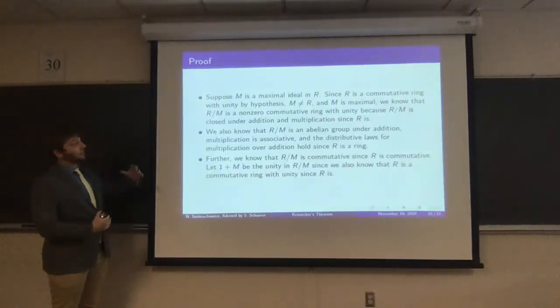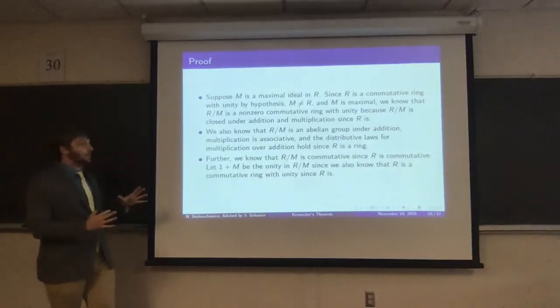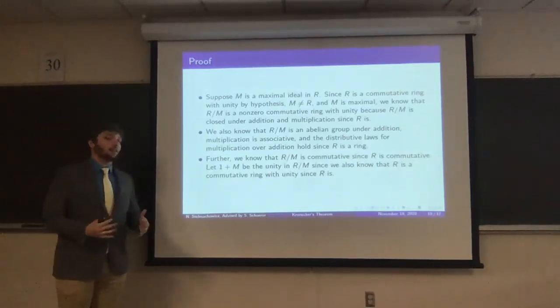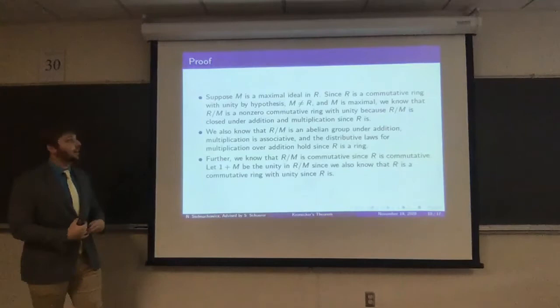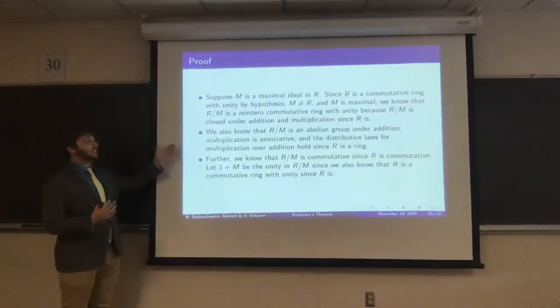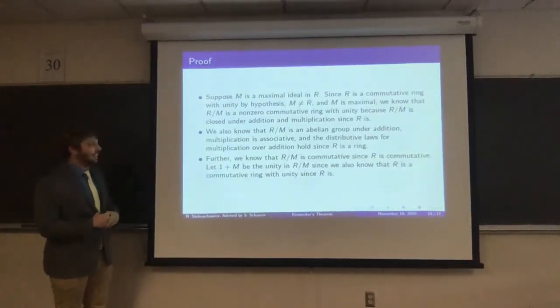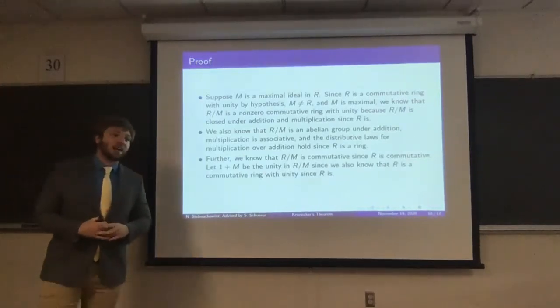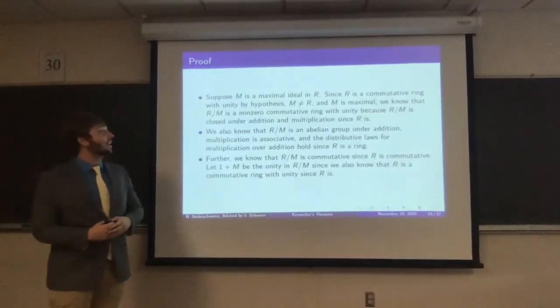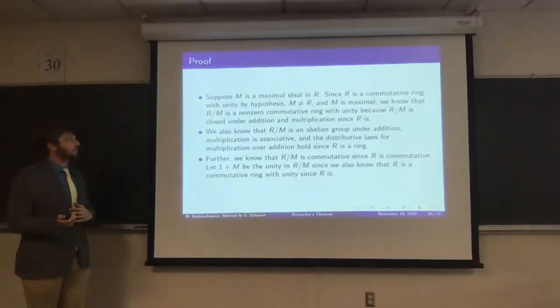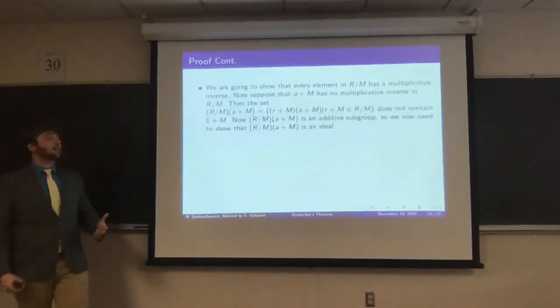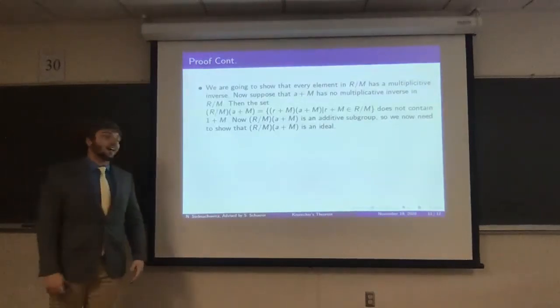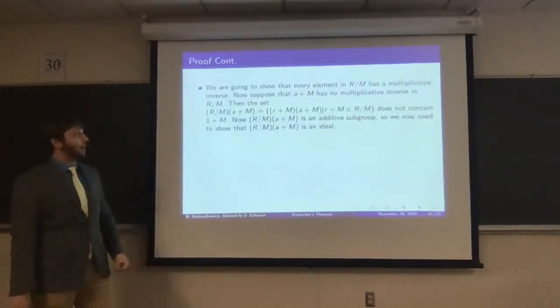And simply to show first that R mod M is a non-zero commutative ring with unity: since R is in fact a commutative ring with unity, R mod M is a non-zero commutative ring with unity, and you can find more details on that in my paper. So now that we have that, we are going to show that every element in R mod M has a